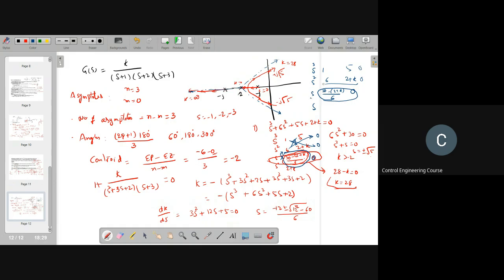That is the reason I'm formulating the auxiliary equation, and finding its roots gives you directly the value of s, the symmetric roots. Clear? Yes, ma'am. Then we will go to another problem which has complex roots, complex poles.